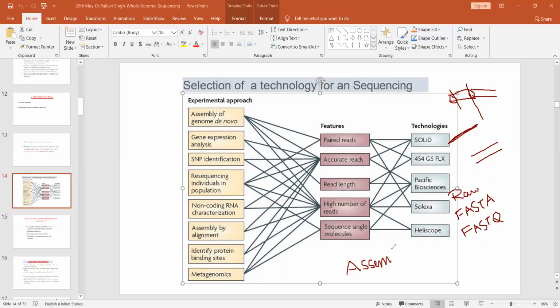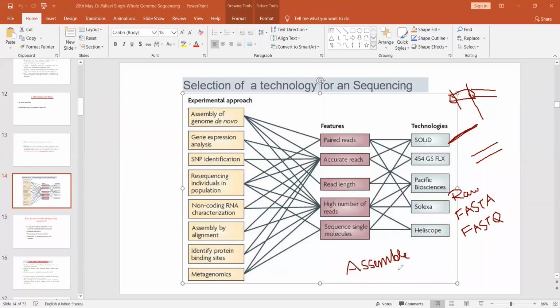For these short stretches, there is a tool known as an assembler in the NGS and WGS platforms. What will this assembler do? It can assemble 4 to 5 shorter fragments into a bigger one. Or, from the shotgun sequencing approach, the overlapping contigs, it could be 100 or 200 contigs that you have generated. So the assembler will assemble these contigs into one sequence. That sequence can be in FASTA format or FASTQ format and put into the WGS platform or NGS platform.